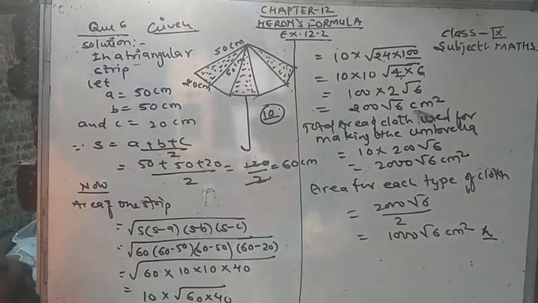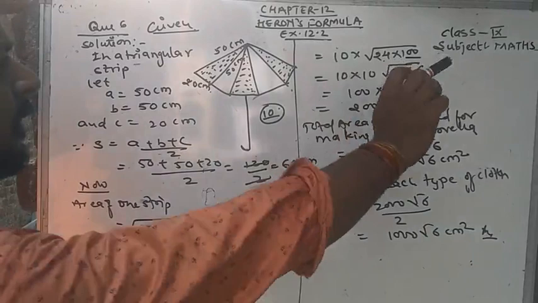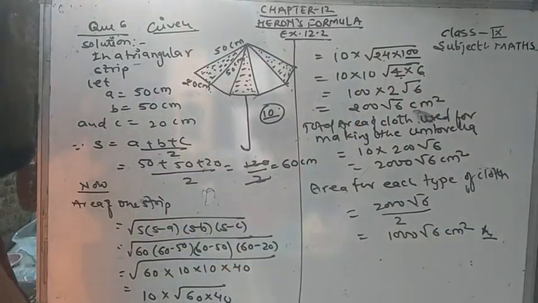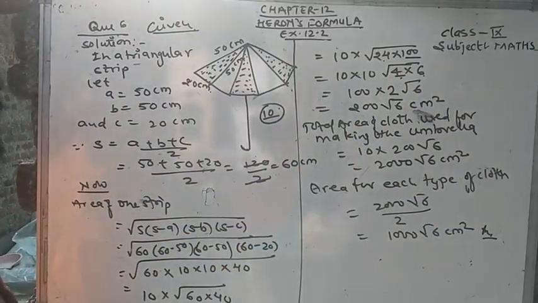Now it is question number 6, question number 6 of chapter 12, Heron's formula in class 9, subject maths. The solution of question number 6 is,